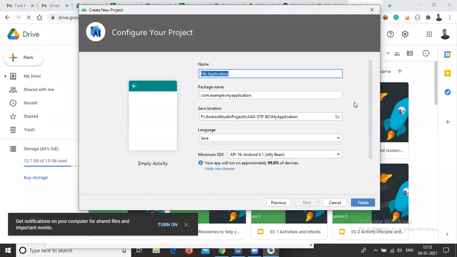You can give anything. After that, just click on Finish.